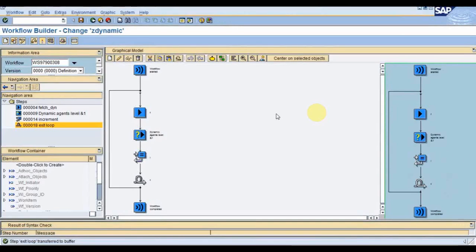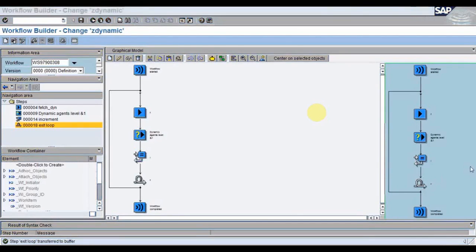You can write anything in this logic part in the method. If you want to fetch the agents in some different way, you can do it with this. But yes, the base will be the same. How to fetch the agents? You will have some importing parameter if you are using some database table, and you will have some exporting parameter. So this was the total flow.